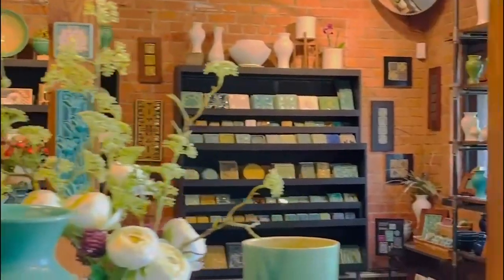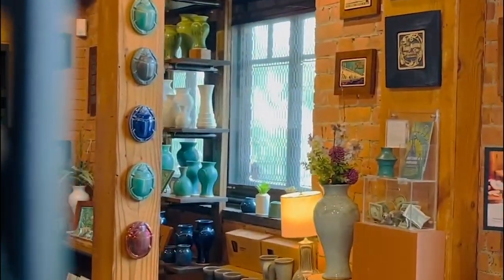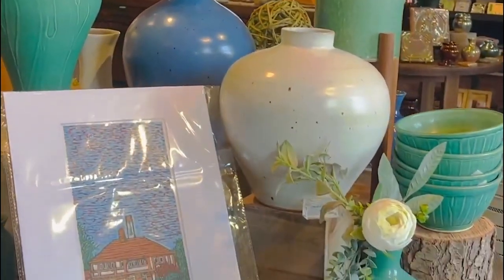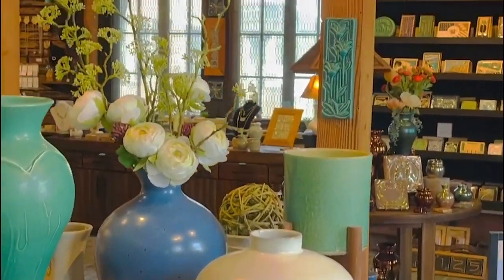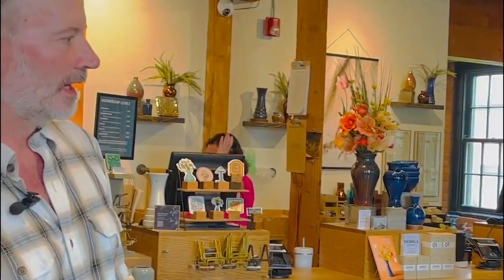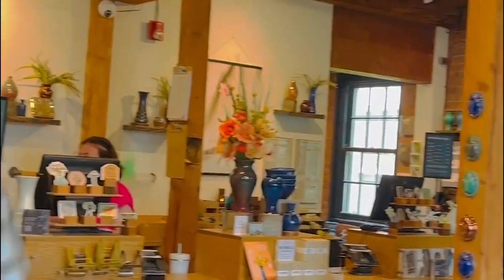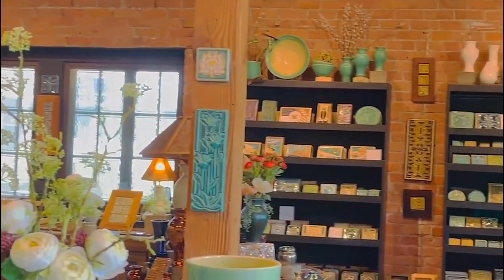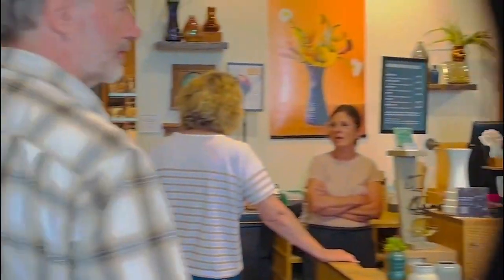So now we're going on a little tour of the pottery, so you can see the retail space and the working space. Right now we're in our front main retail gallery, which is all Pewabic. We make the clay from scratch on site. We make the glazes, we do all the firing, and you'll see a range of art tiles and vases and mugs, and some of our signature iridescent work. But in addition to the work that we make and produce ourselves, we also represent artists from all across North America. So in our second gallery,